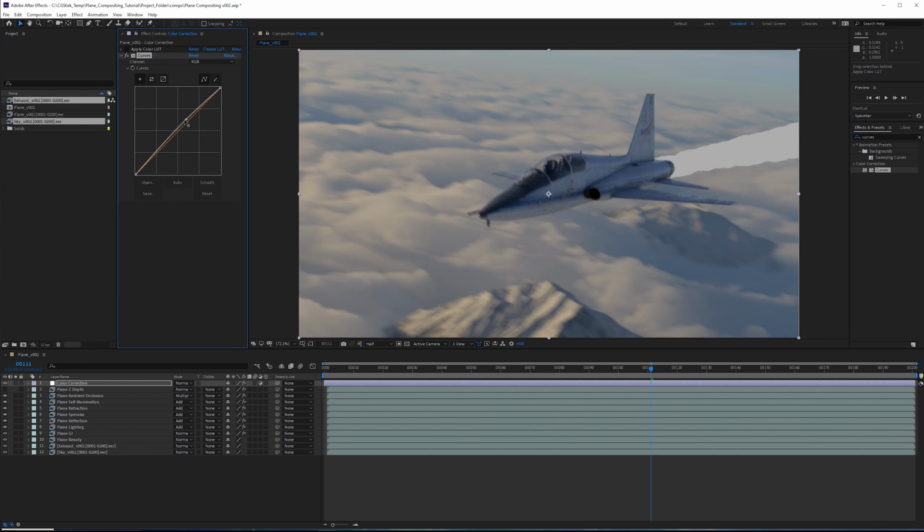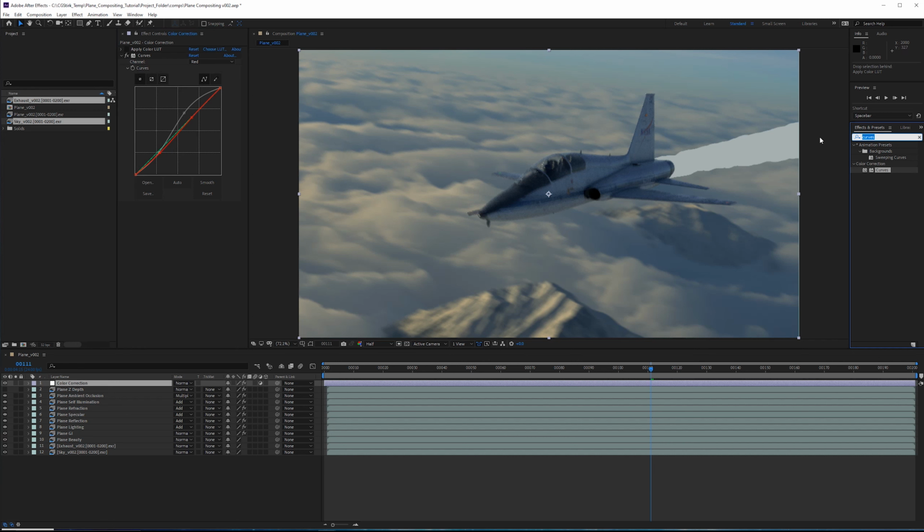So with curves, what I want to do here is I want to make the highlights and midtones just a bit brighter, and then I'm going to darken the shadows to add a bit more contrast. Something more like this. I'm going to go into the red channel and pull out a little bit of red from the shadows. Then I'm going to allow the reds and the highlights to creep back into their original values, which is this straight line here. So just toggling between this, we've made the clouds a little bit more blue. We pulled out some of that red. We've added a little bit more contrast.